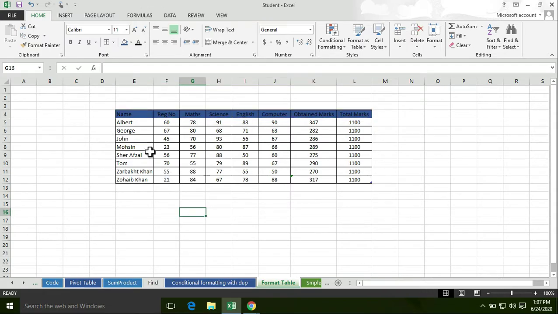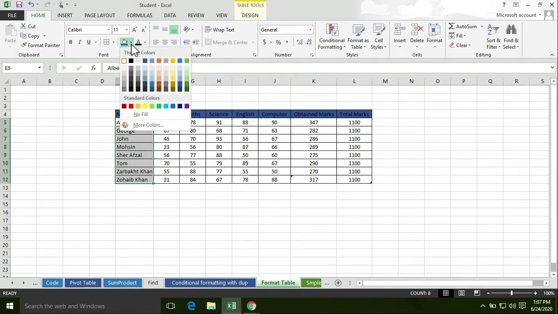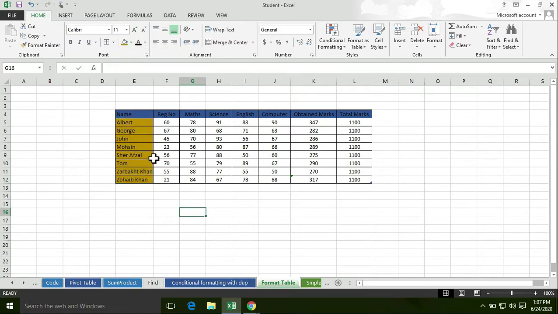Now I also want to format the column. Click on the drop down button or click on theme colors under the home tab, then select the color you like. Now I selected this color, so you can easily format this table just from these options.